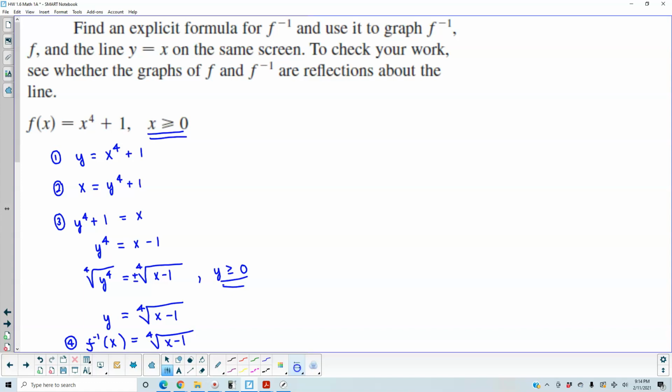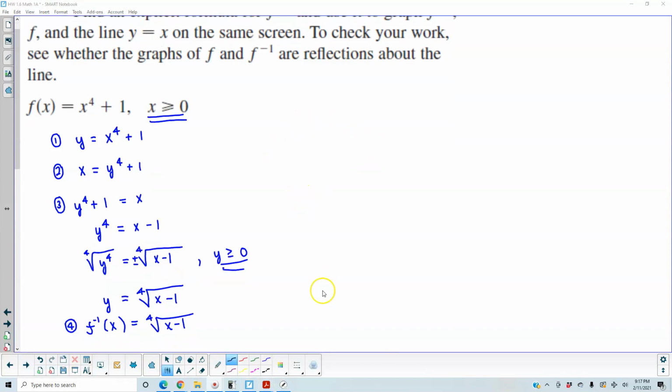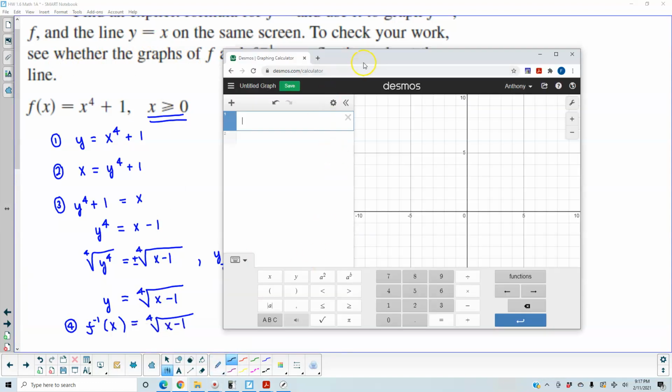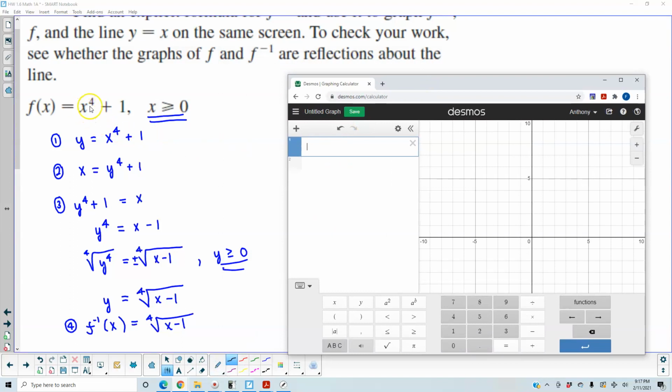So now we want to graph this to see what it looks like. So now let's graph this on Desmos to see if the function f and f inverse are reflections about the line y equals x. So the first thing we're going to do is put in the function x to the fourth plus 1. So we have x to the fourth and then plus 1. And now we've got to put in the restrictions. So on your keyboard you can use braces and then put in x, and then down here it's greater than or equal to 0